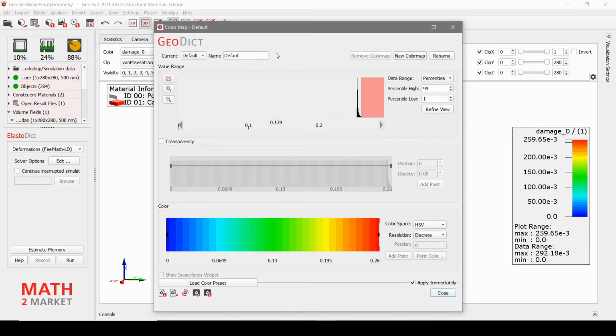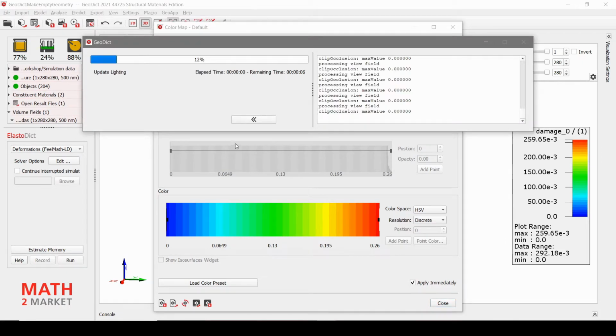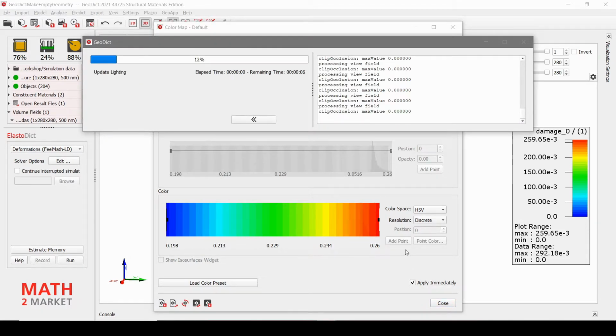You can do that by clicking on Edit. Then you change to Manual. And then you can adjust this value window and make it narrower.